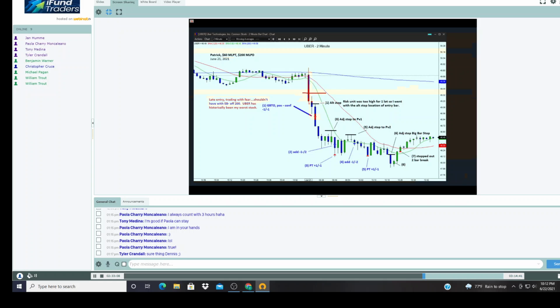You're adding to the trade. The other thing is, yeah, this is an important point. Look, if you enter here, you have like one push already in the first bar here. See that? There's your first push. There's your second push. So where are you entering here, Patrick? You're actually entering almost in the profit take area, where other traders are taking profits. You see that? This is another important way to look at it. This is another way to see that you are really too late. You should look at it this way. You are entering in the trade where Oliver is taking profits. That is the way to look at it.